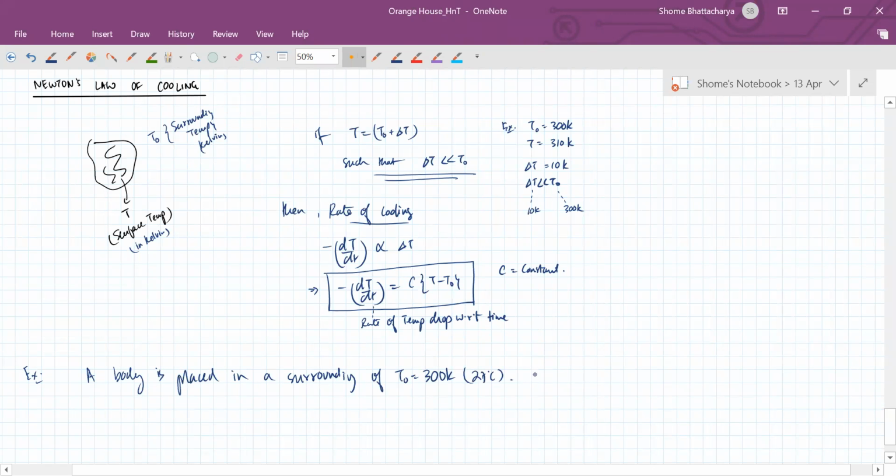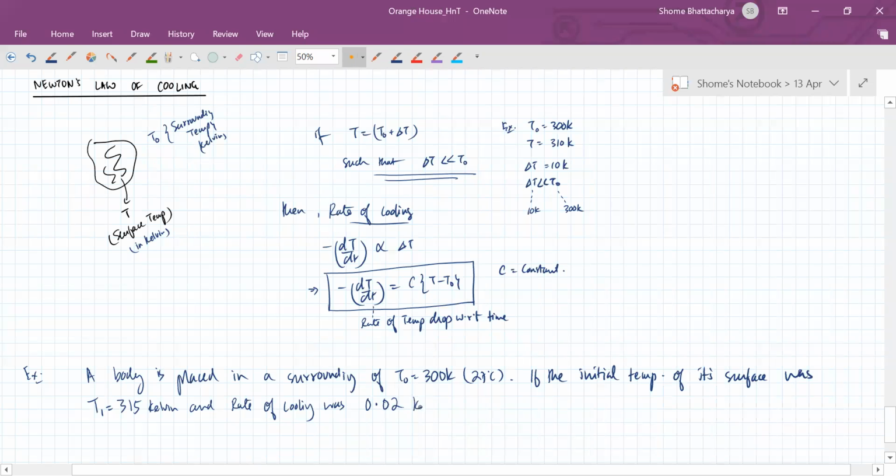Now, if the initial temperature of its surface was T1 equal to, let us say, 315 Kelvin, and the rate of cooling was 0.02 Kelvin per second,